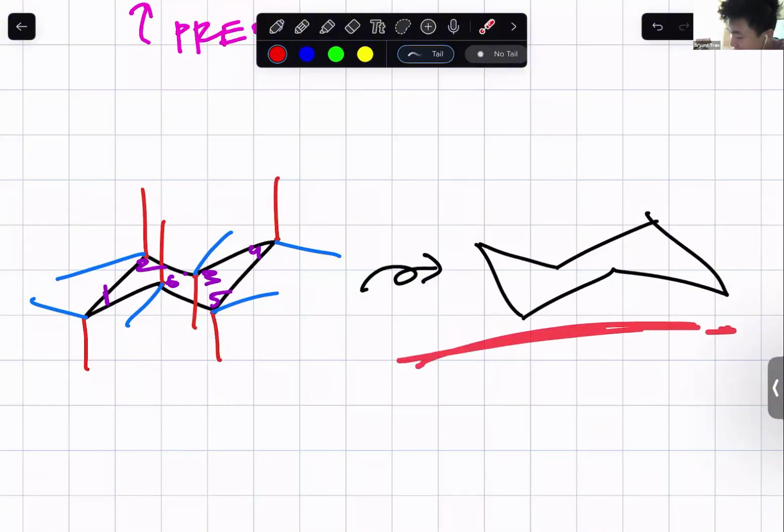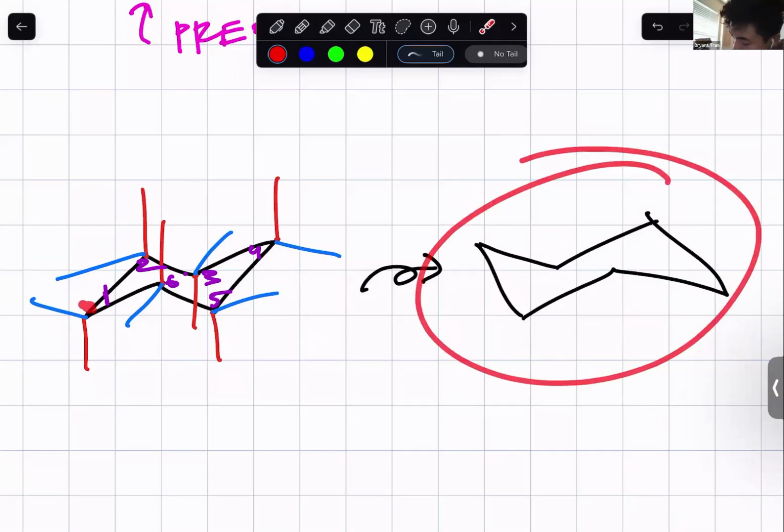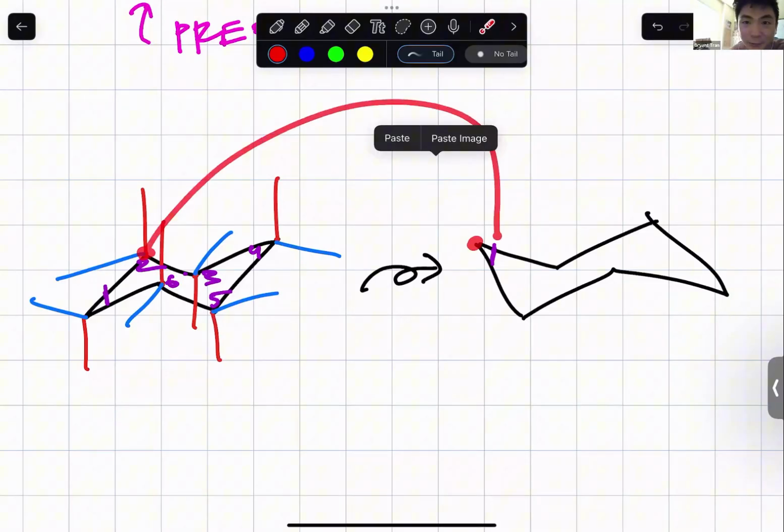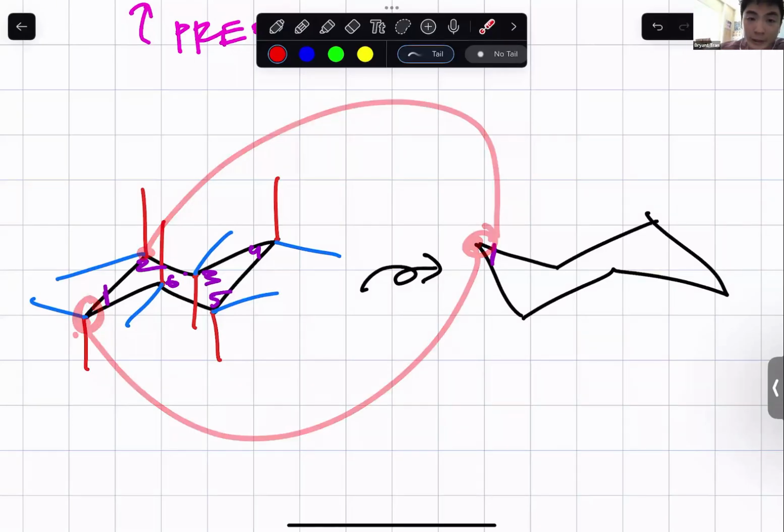So, Ashton, do you know, or Amanda, do you know where number 1 would be in this chair flip now? If this is number 1 here on this chair conformation? Be where number 2 is currently. Yes, where number 2 is currently, that's where number 1 is, right? But that doesn't mean that this carbon here was this carbon, right? There are two different carbons. We're just flipping the molecule to flip this carbon here, number 1, to up here, right? That's still the same carbon right there. We're just flipping the location.